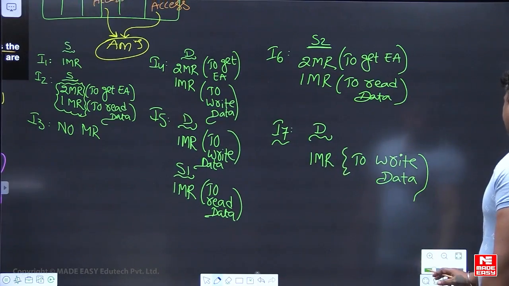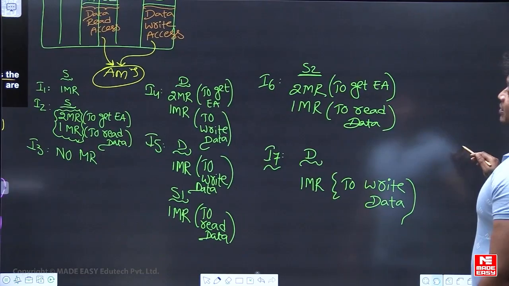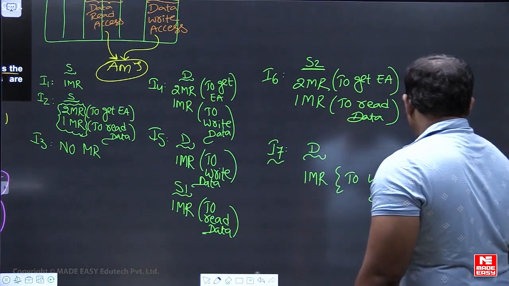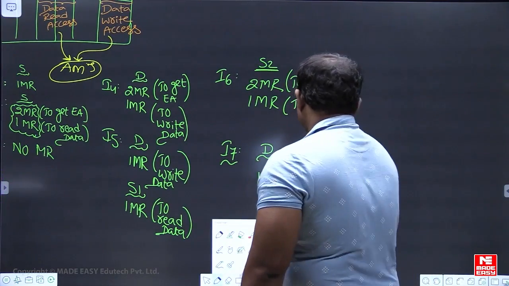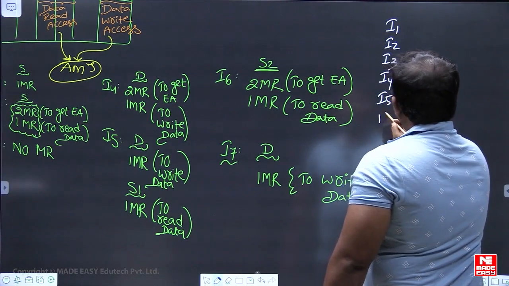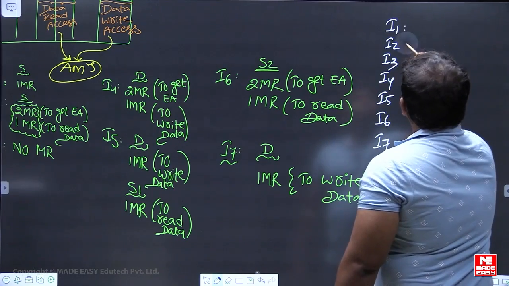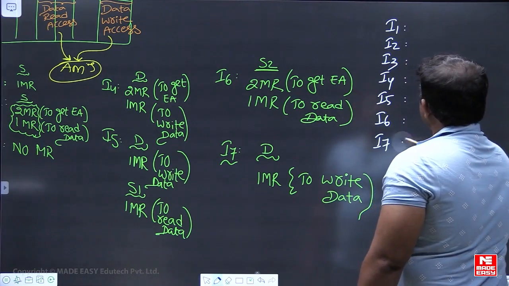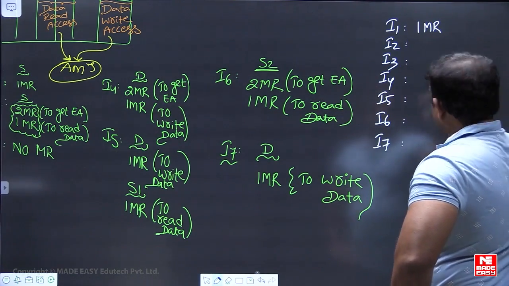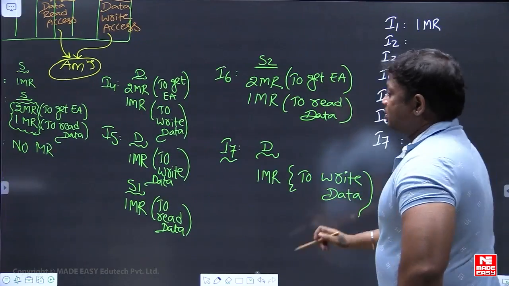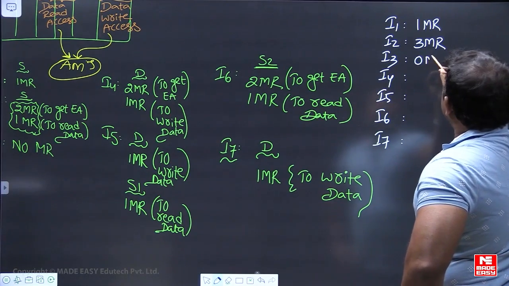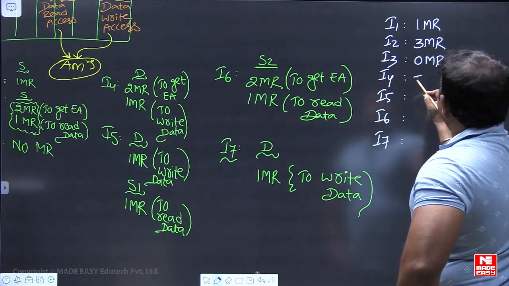Alright. So now the total number of memory references. You just see I1, I2, I3, I4, I5, I6, I7. Then you just accumulate the total here. Okay, I1, 1 MR. I2, 3 MR, data access I am talking about. I3 0 MR, I4 3 MR,